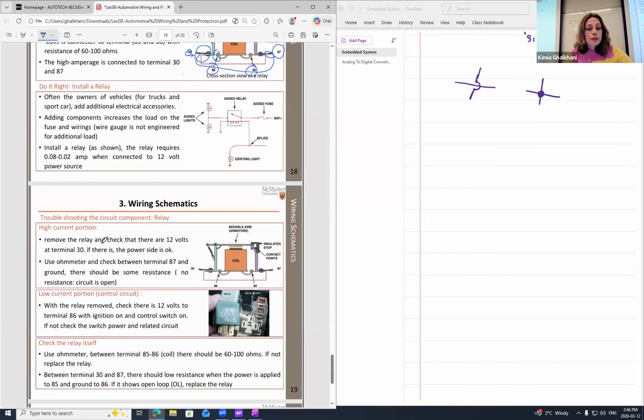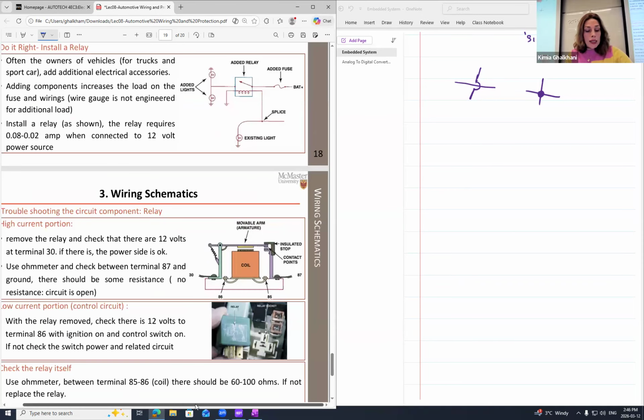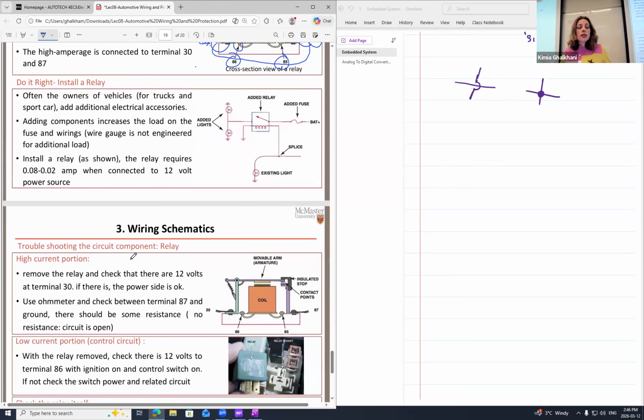Here you can see application of relay in a system, as you can see right in here. Suppose that you are having two lights which are going to be added to the back of your truck. And this is exactly what we are going to practice, how we design such a system for ourselves. In this one, you can see I'm having a relay.